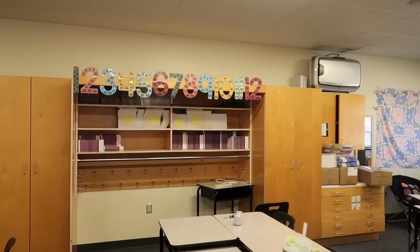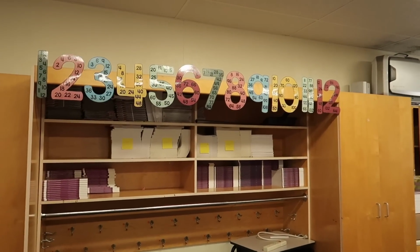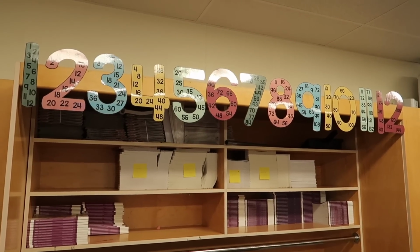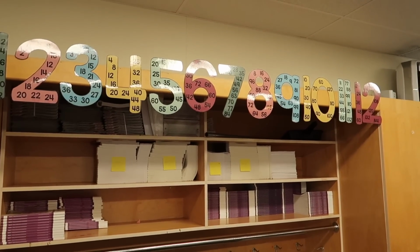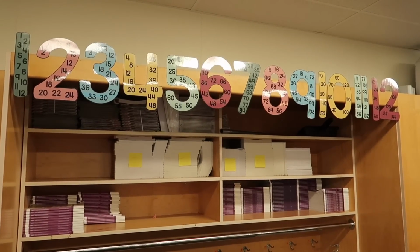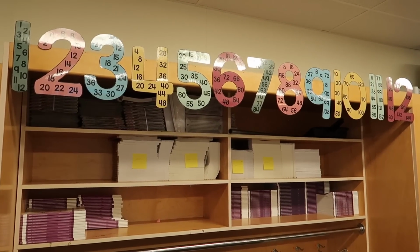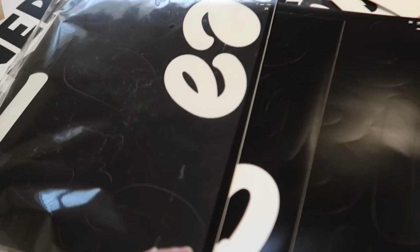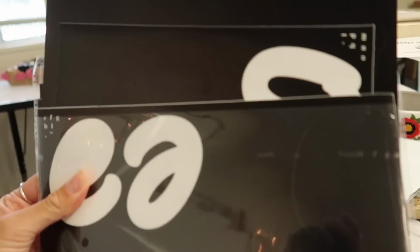Okay, that's done. I also got these multiples for free. I recommend just getting on TPT, checking your free resources first, and then looking. If you don't like anything, then, you know, possibly pay for it. But there's a ton of free resources, and I found this one, didn't have to change anything, just laminated and cut them out. All right, so I found some of these letters actually in my decor closet, and